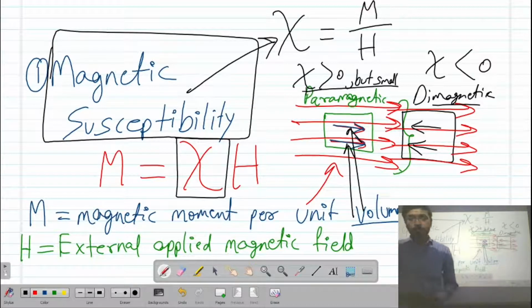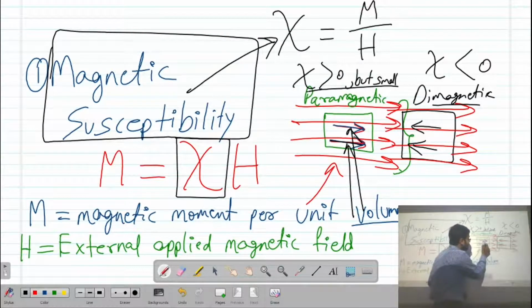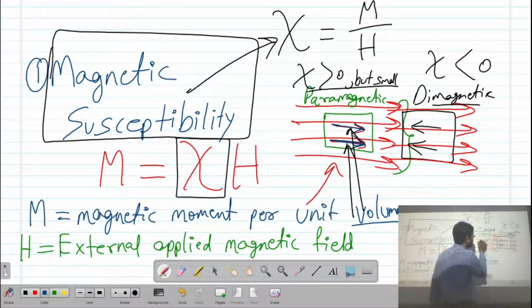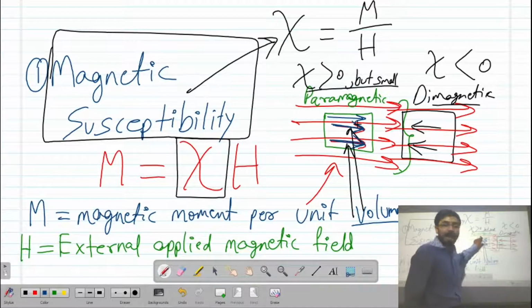Now we will also have the field strength, right? As the dipoles are induced inside the material, we will have a magnetic field strength inside the material.